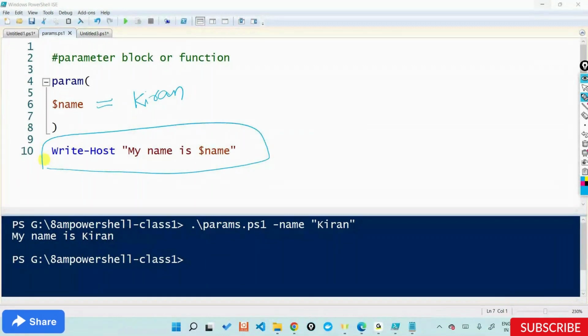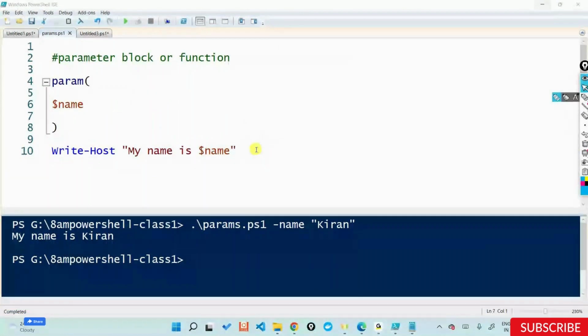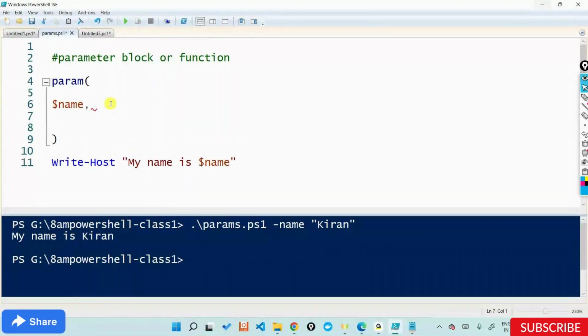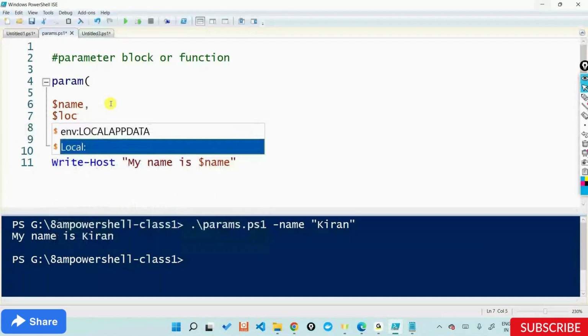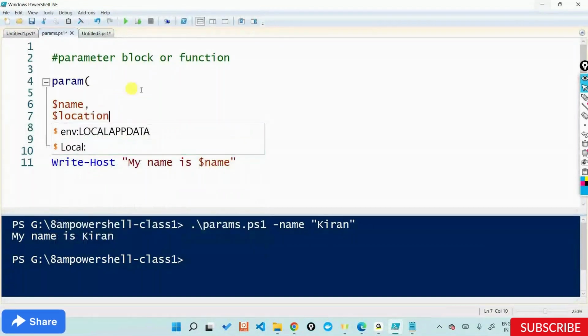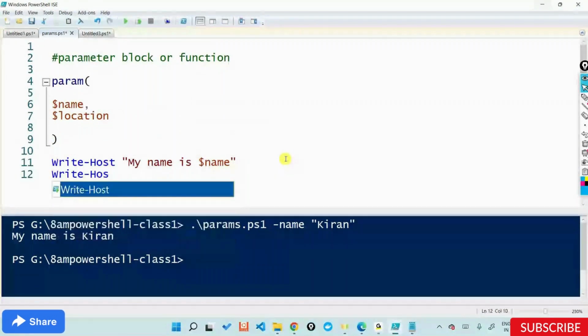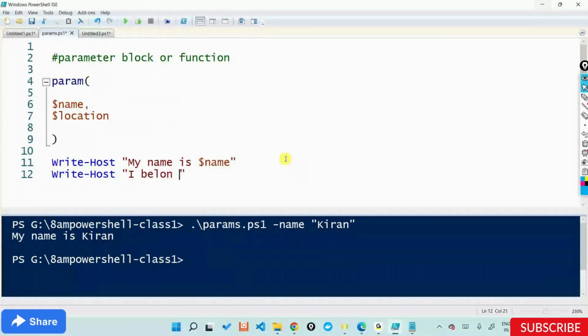Let's say I want to write a different thing. I'll say dollar name, and I also want to write I belong to Hyderabad. What I can do is give a comma here inside my parameter block and declare one more parameter called location. And I can now start using it, saying Write-Host, yes, I belong to that dollar location. And I can save this out. Once I save it, if I go back here,